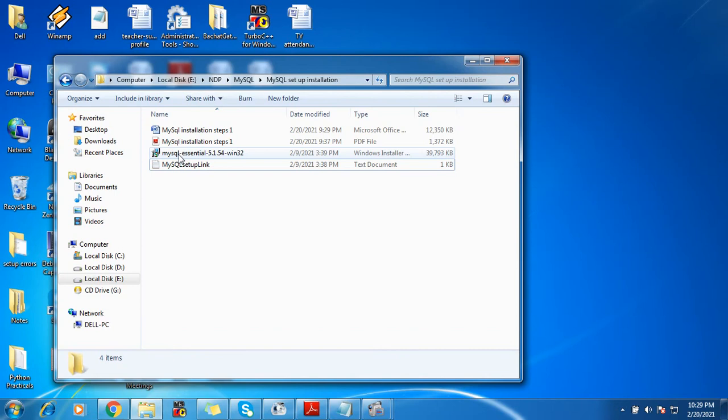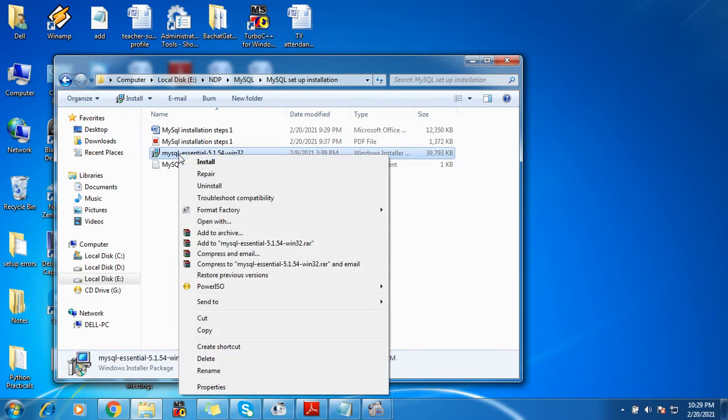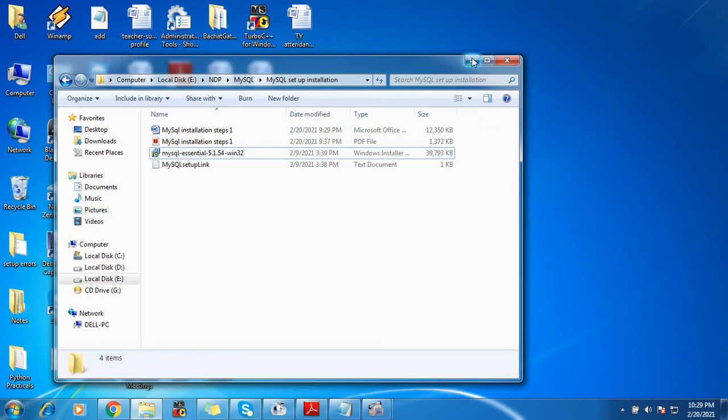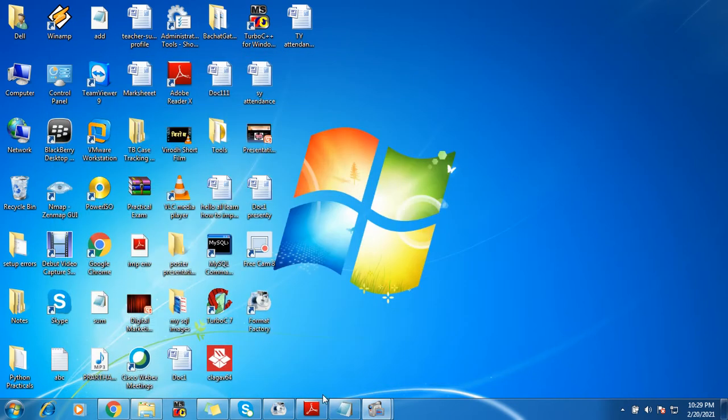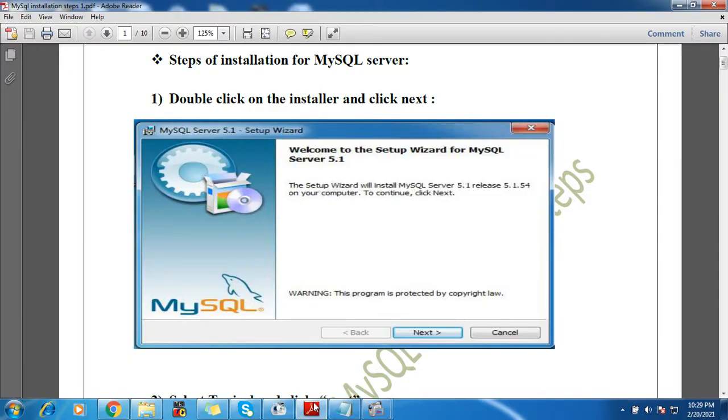You can select your installation, right click and install it with. Now I have already installed, so it is not giving me that tab, you can open it with admin or the run option. Running it as an administrator is a safe thing to do. Otherwise, sometimes antiviruses don't allow new installations.